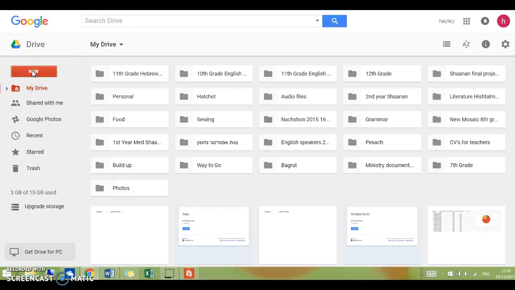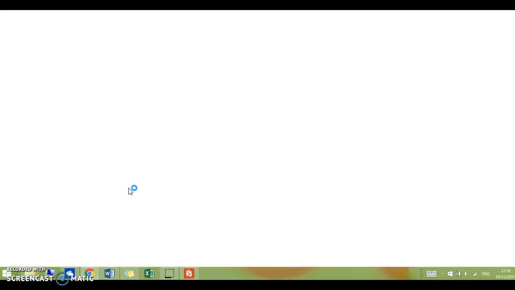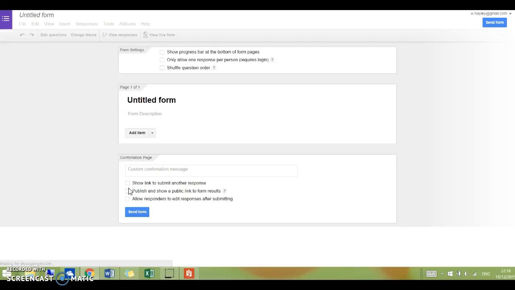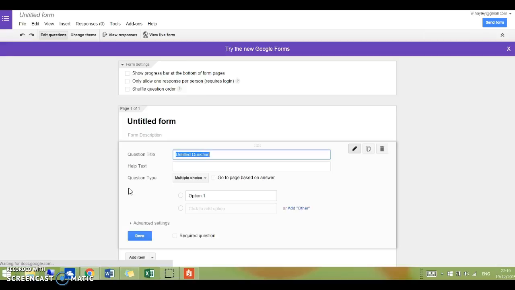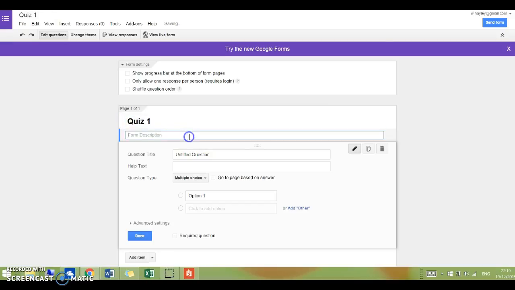The first thing we need to do is to make a Google form quiz. A Google form quiz is much the same as making a survey that we've made in the past, but this time it's got a different purpose. So first things first, we'll need to call it quiz 1 or quiz. Here you'll need to write instructions to the students, which could just be, please read the following